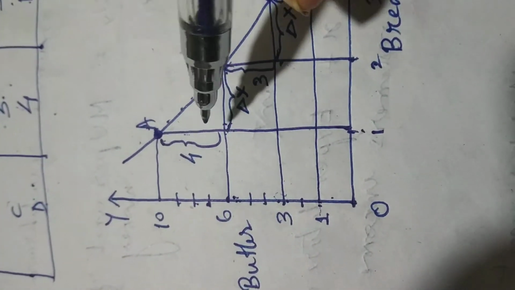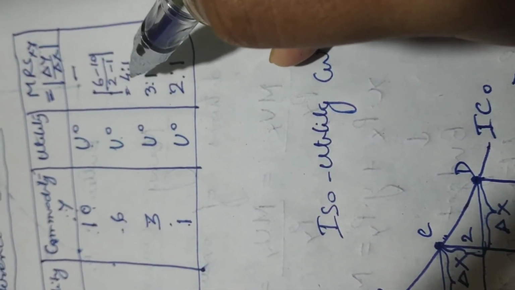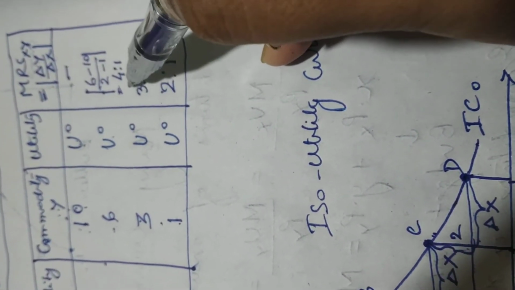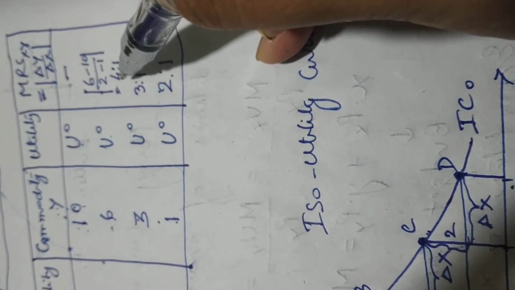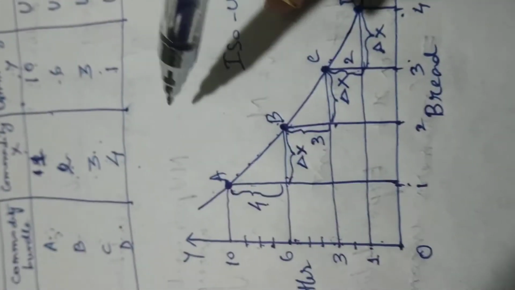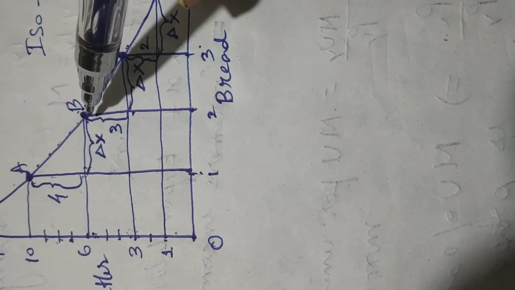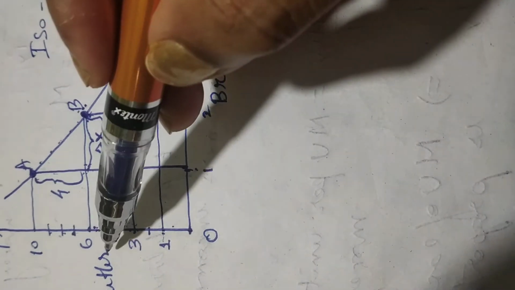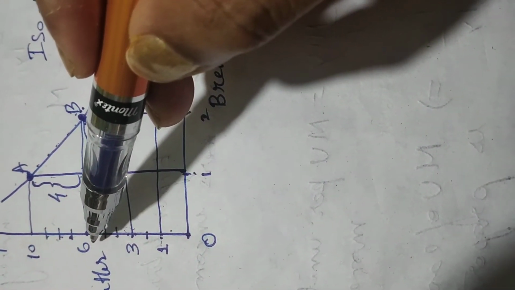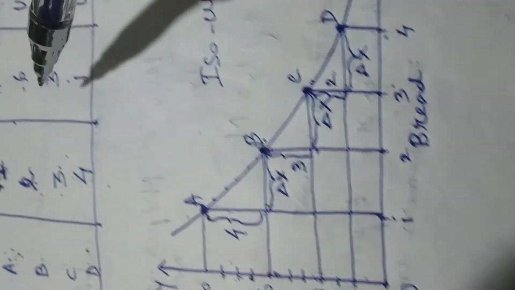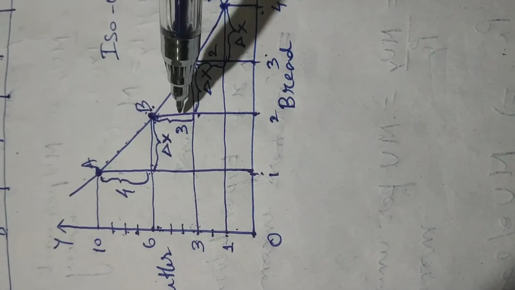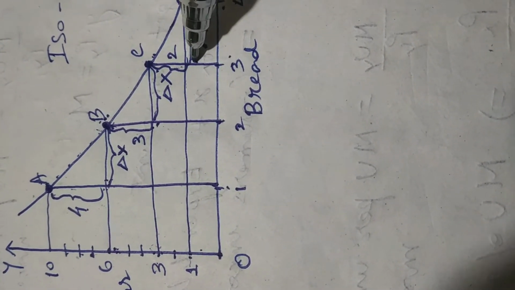So this shows the change in Y, delta Y. Look at the table. The first change in Y was 4. That is why we got 4:1, where 1 is X and 4 is Y. So 4 units of Y were sacrificed in order to get 1 more unit of X. That is why 4 here. Then from A to B, he has reduced 4 units. Next, from B to C, the units of Y consumed have reduced from 6 to 3. That means Y has reduced by 3 units. And then Y has reduced by 2 units.